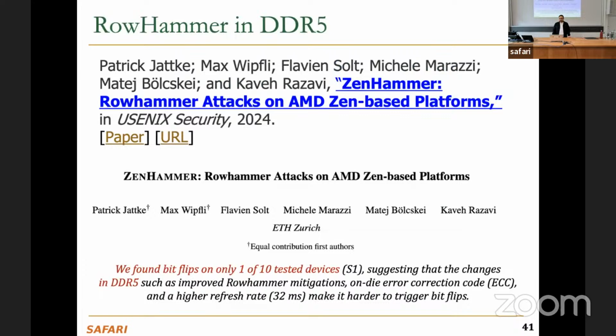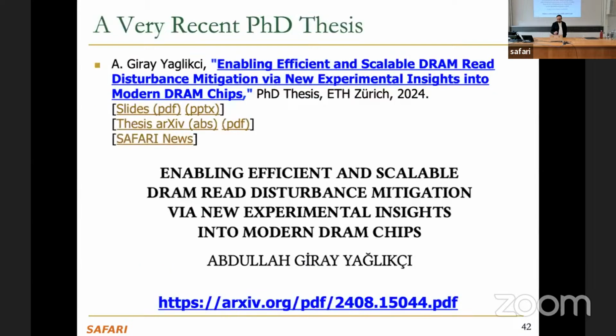And I want to show this paper as well. This is very relevant. It was published just 2 months ago at the USENIX Security Conference, one of the top security venues. This is actually from ETH Zurich. You can see the names. It shows that you can even get bit flips in DDR5 modules, which is the state of the art now. So the problem is still there. And I want to promote my thesis again, which has a summary of these and also includes some cutting-edge research